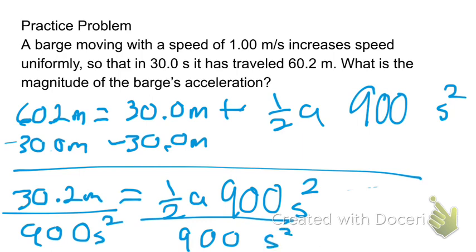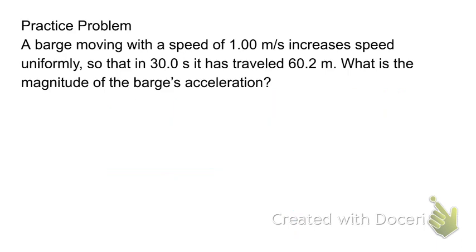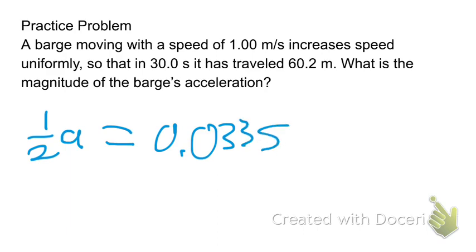Divide by 900 seconds squared. So when we do this math, I'm going to wipe my screen, but what we'll wind up with is 1/2 of the acceleration is equal to 0.03355, and then the 5s repeat off into oblivion. We don't want to round it just yet. We want to wait until we do the last step of this, which is we still have 1/2 of our